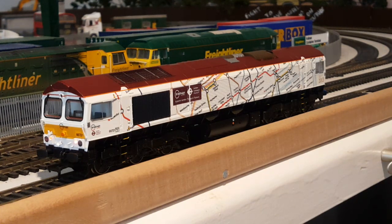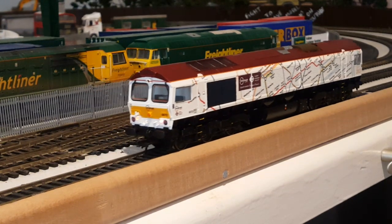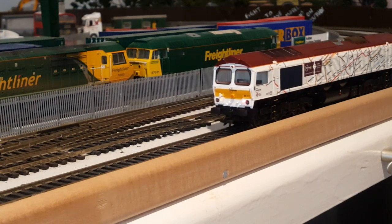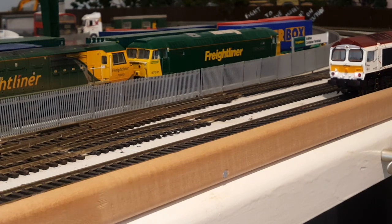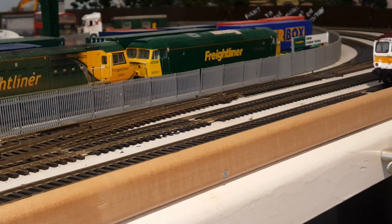And I've transferred that onto my other 66, which I'll show you shortly. She now seems to be working okay, and hopefully she'll be all right, but I'm not entirely certain. But I'm going to send her around in any case, and we'll bring in the other 66. So our next 66